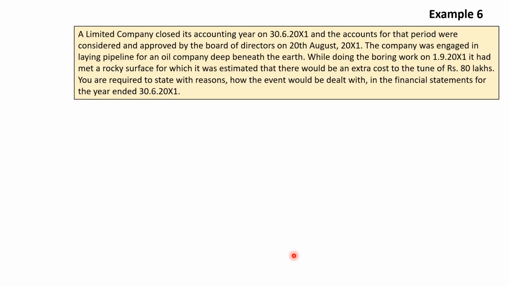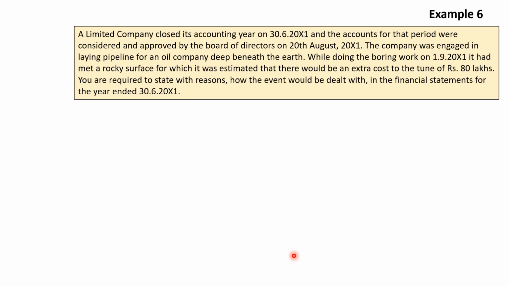Let us consider the next example. A limited company closed its accounting year on 30th June 2021. Okay, the accounting year is closed on 30th June. So their accounting year is not ending on 31st March, it is ending on 30th June. And the accounts for that period were considered and approved by the Board of Directors on 20th August. So the accounting year is from 1st July to 30th June. And after 30th June, on 20th August, they are approving the